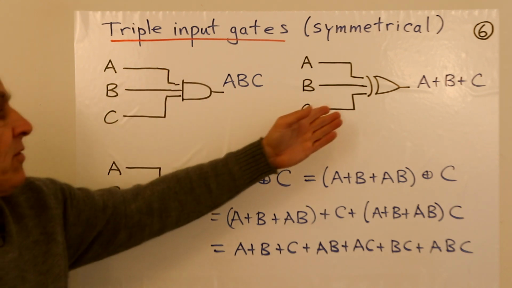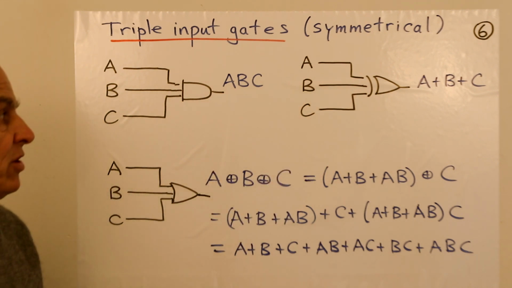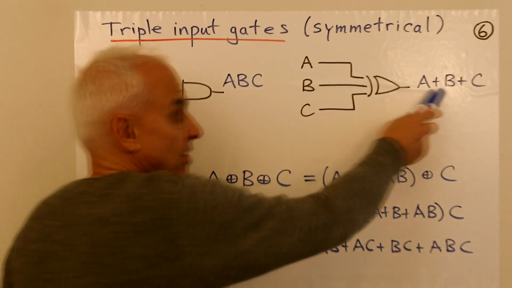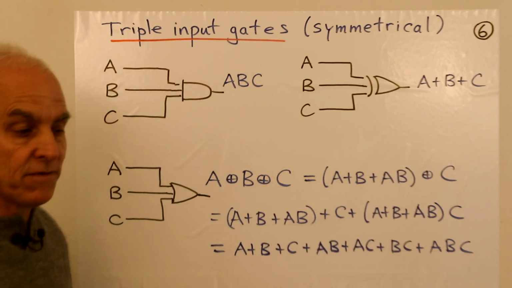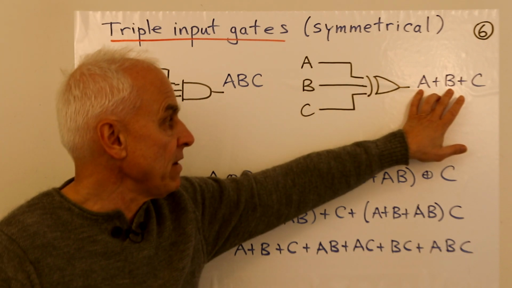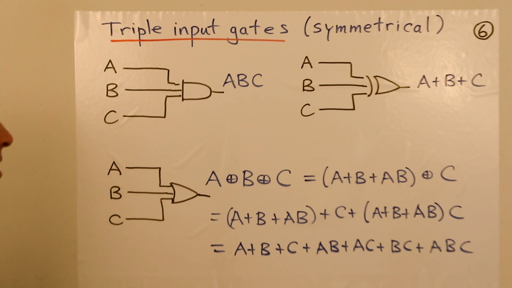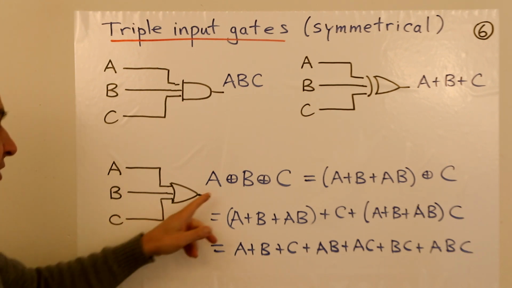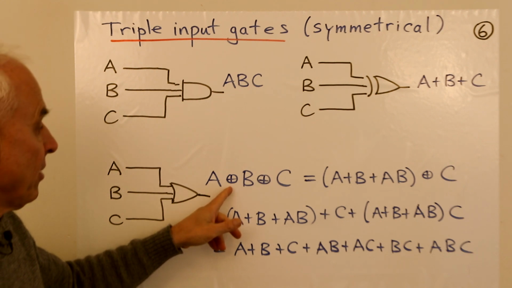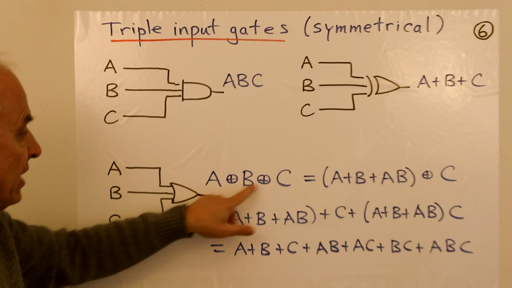And similarly, we can do the same thing for an XOR gate, which represents addition, because addition is also associative. A plus B plus C. If you do A and B first and then C, it's the same as doing A first and then B and C. Maybe a little bit less obvious is the OR gate itself, represented by us with a circle sum. So this thing here would represent A circle sum B circle sum C.